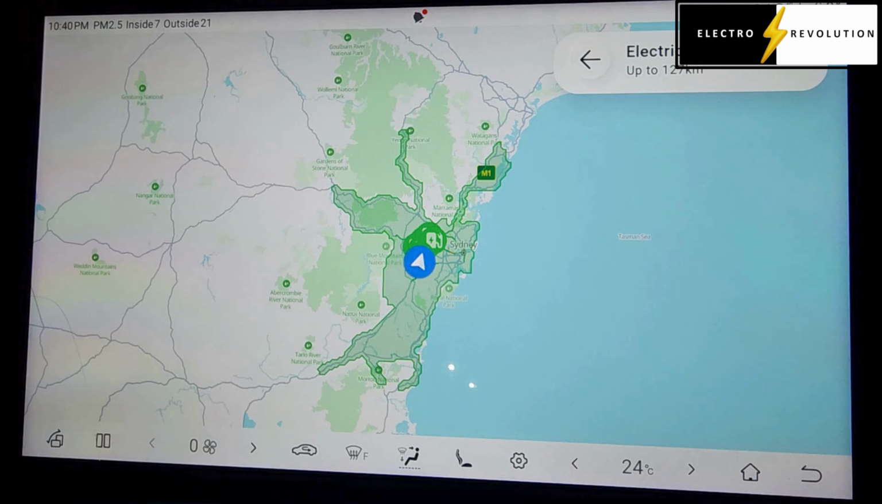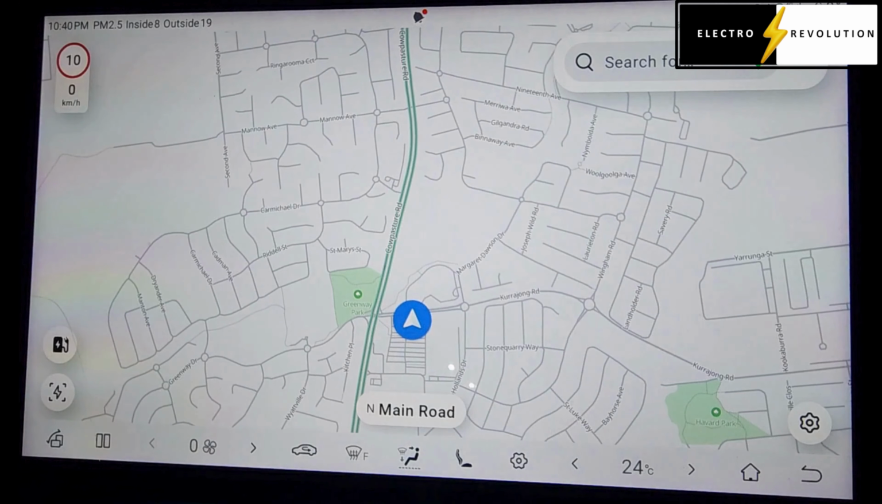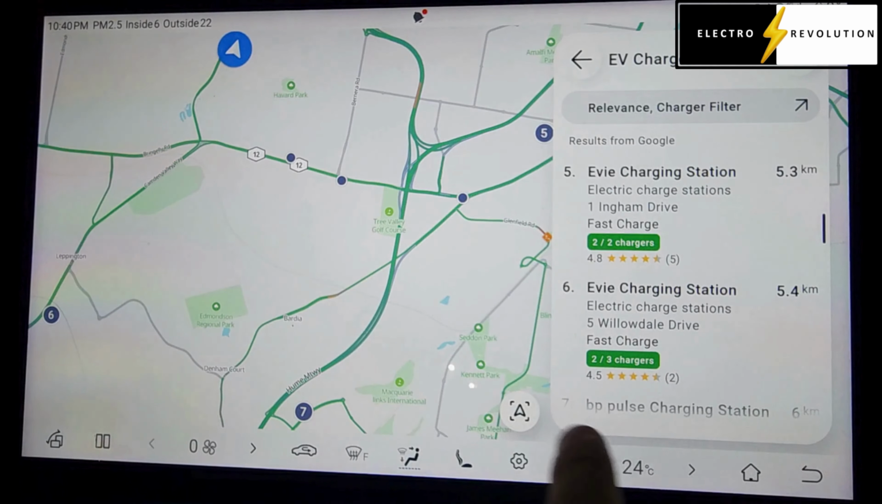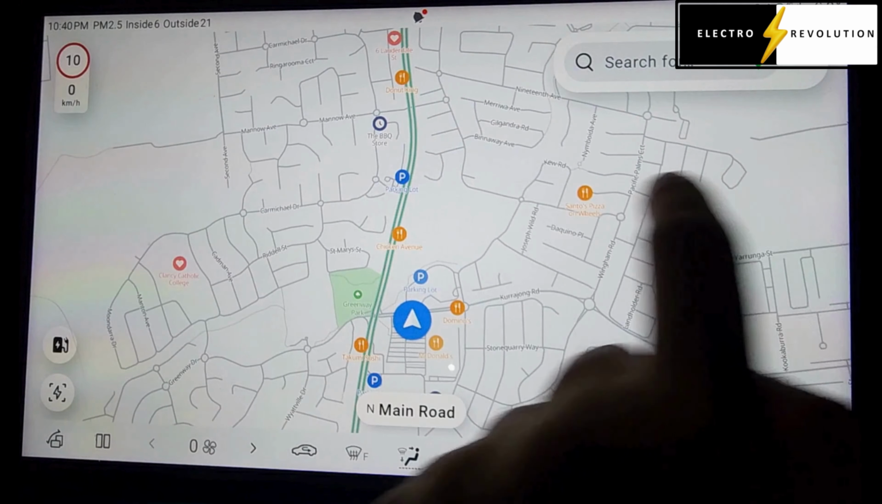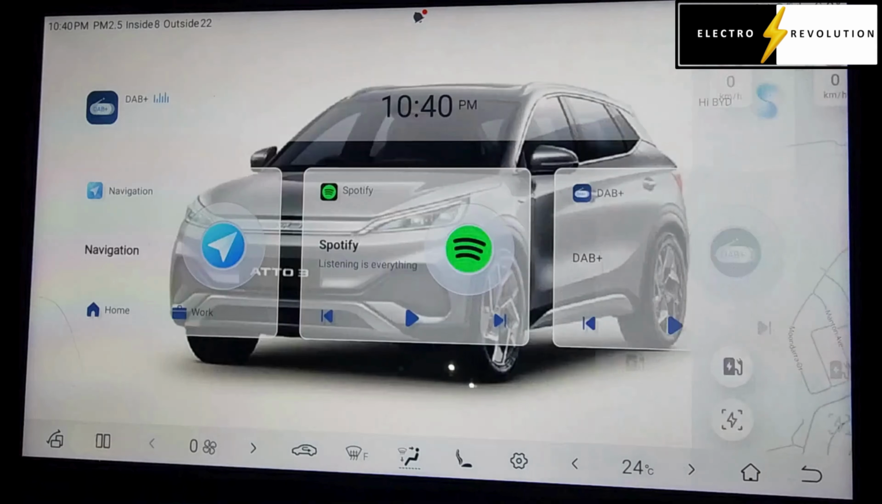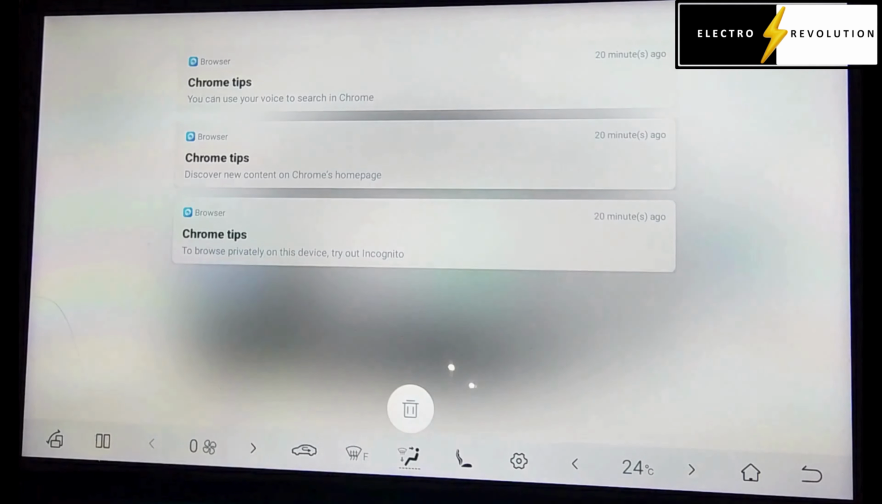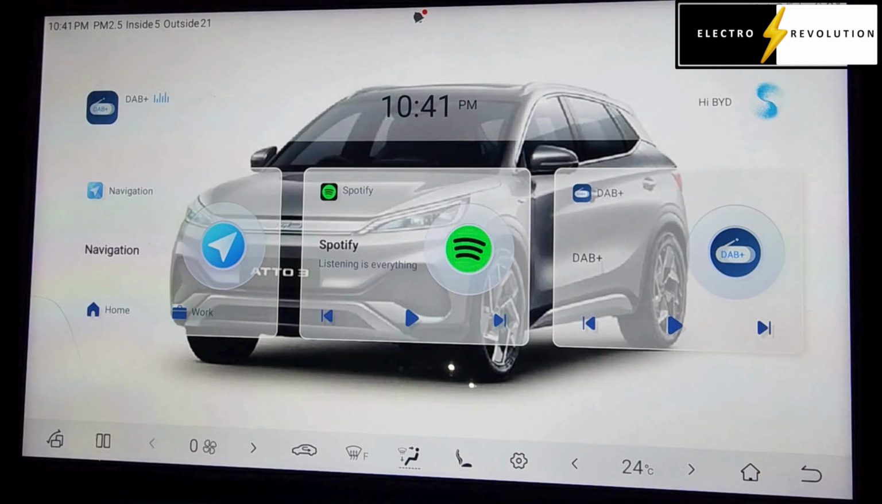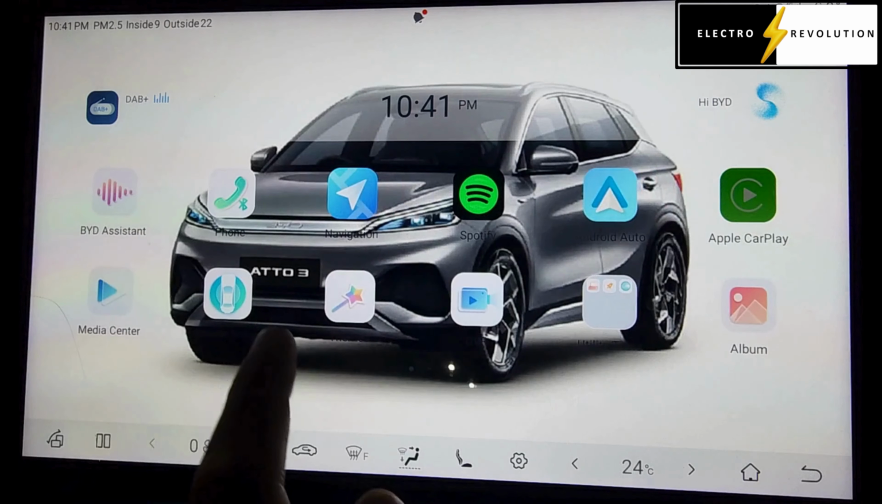This is the electric range that's currently in the vehicle. And the different charging stations around me. This is very, very handy information. And let's go here and let's see what this notification is. Okay, you can use your voice to search in Chrome, discover new content on Chrome's homepage and Chrome tips. Okay, so